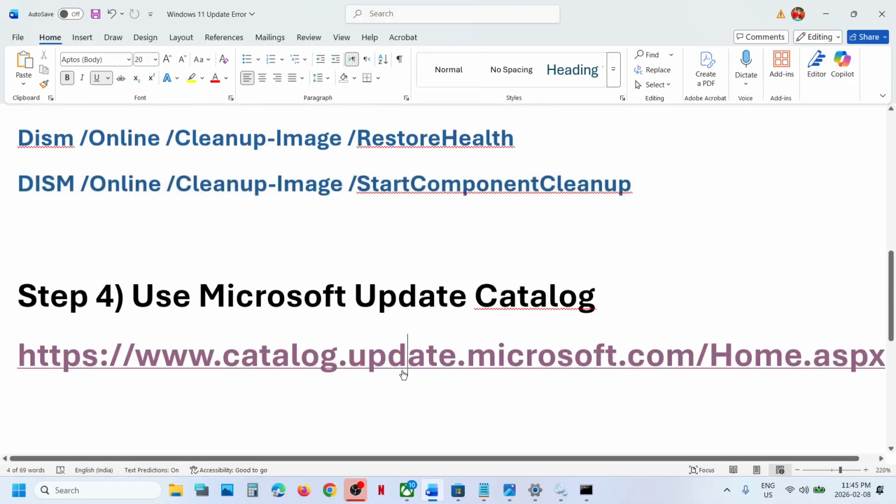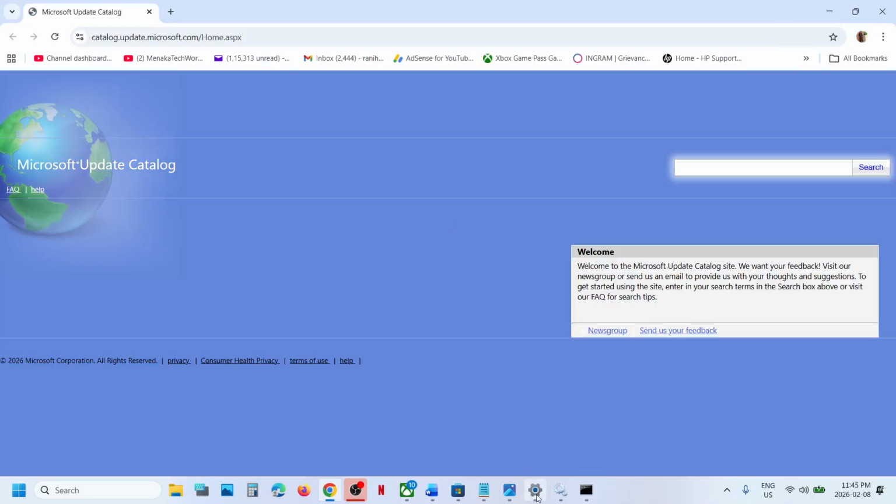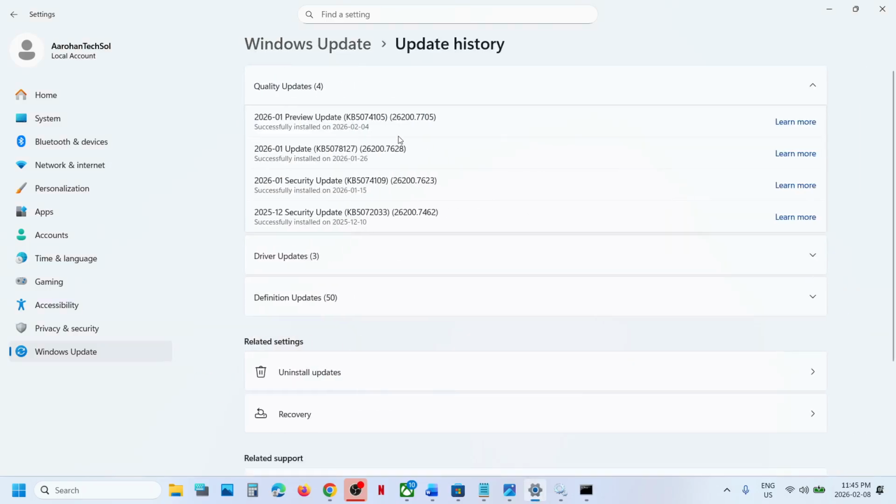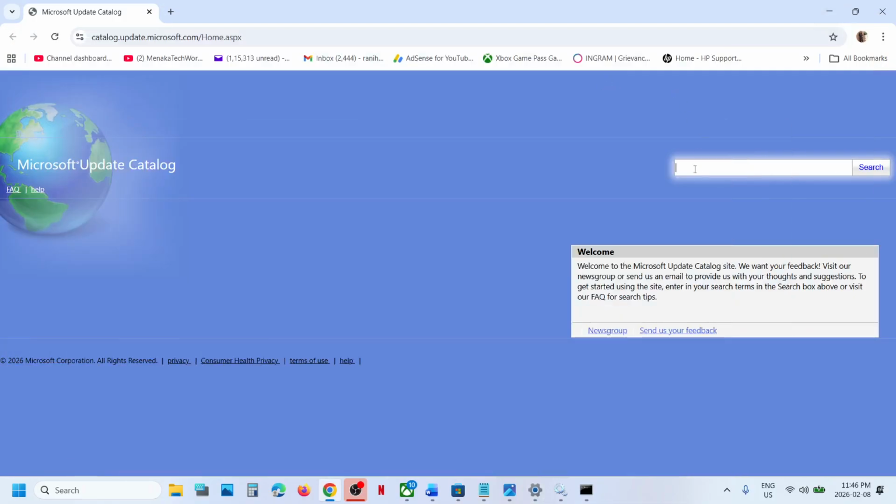Next step is to use Microsoft Update Catalog. You can open this link in a browser. The link is provided in the video description. Over here, write down the name of the update, that is KB5074105 or KB5074109. Write down the name of your update over here, click on search, and then over here check